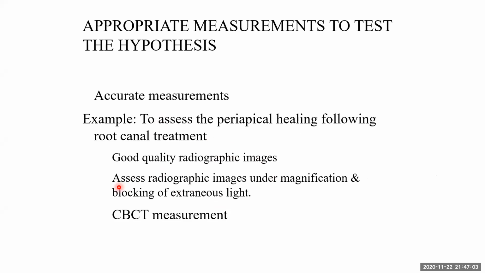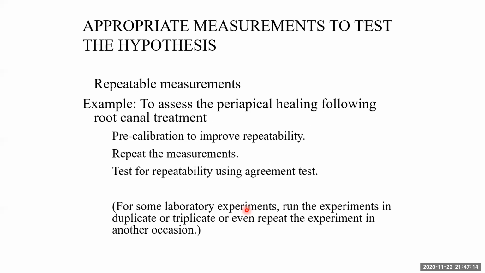This will give more accuracy to the measurement, or we can use CBCT measurements, which is more accurate than previous measurements. The measurement should be repeatable. For example, to assess the periapical healing following root canal treatment, we should do a pre-calibration to improve repeatability, meaning that the assessor of the periapical radiographs or the CBCT should undergo a pre-calibration session by giving them other images